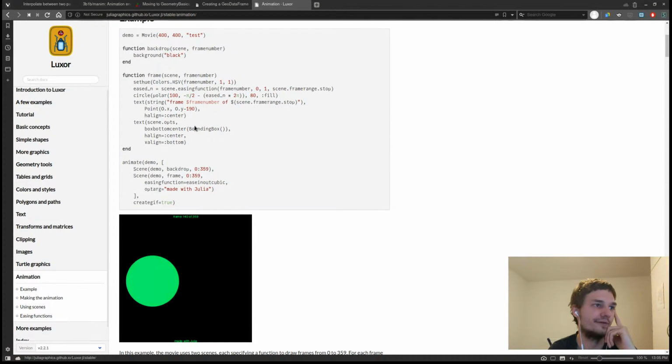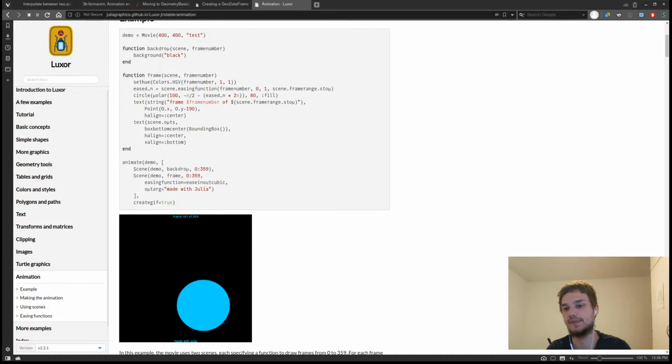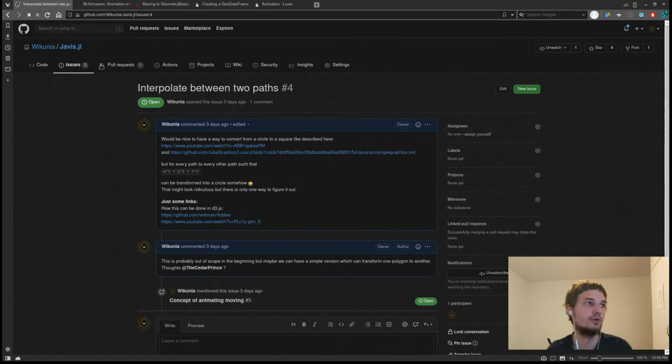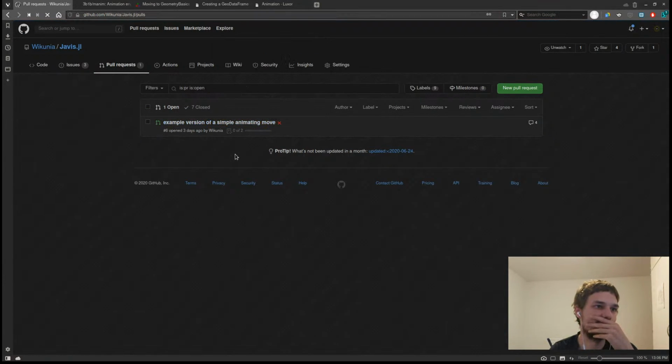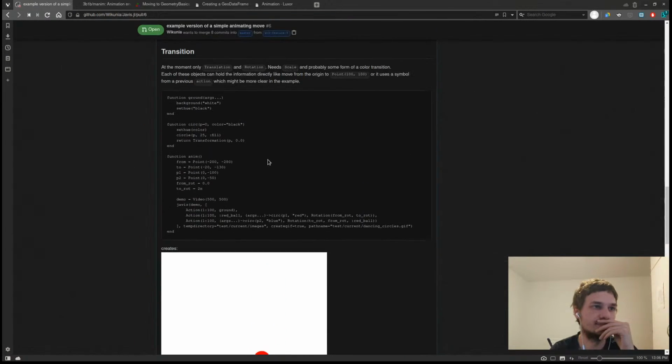Chameleon, the author of Luxor, is doing this: you have an animate function which takes in a movie object and just has scenes defined. That's similar to what we will have in Javis as well, just with a slightly different syntax. So going back to the pull request,